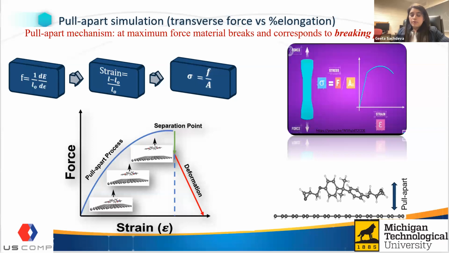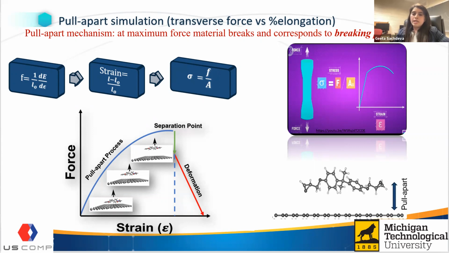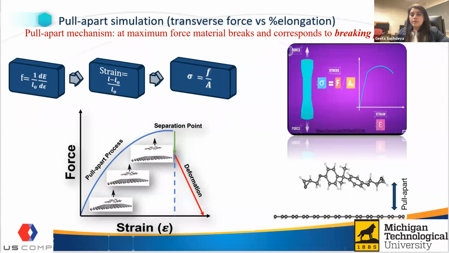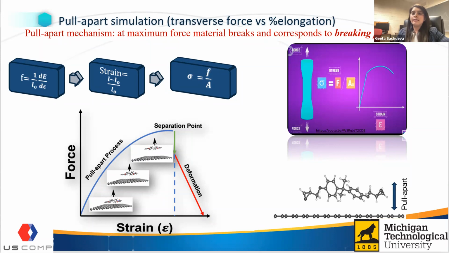For a monomer-graphene system, as shown in the lower figures on the right-hand side and the left-hand side, using the formula mentioned above, we have calculated energy and then force for the various monomer systems. We found that the point where force starts decreasing can be called the critical point or the breaking point, where the monomer has no interaction left with the graphene. To compare different monomers or graphene, we have calculated stiffness, force, and breaking point. I'll be talking about those results in the next slide.